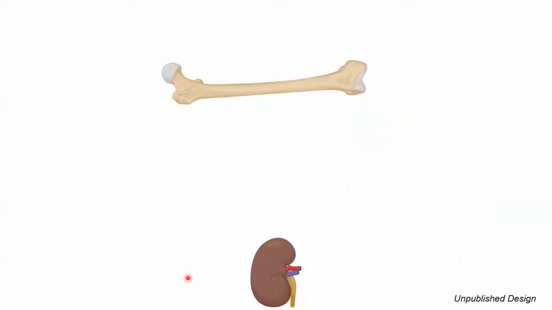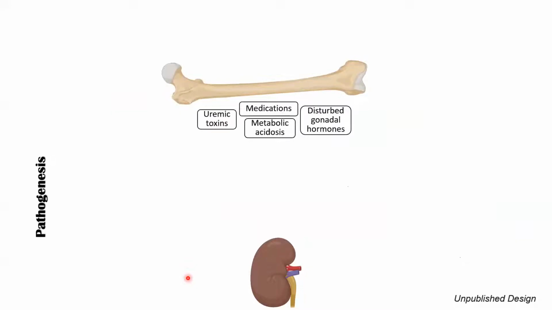The pathogenesis of osteoporosis in CKD patients is complex because CKD patients have many risk factors for osteoporosis, beginning with disturbed gonadal hormones. They have a milieu of uremic toxins and metabolic acidosis. Many medications can predispose to osteoporosis, and we use them frequently in CKD patients, like PPIs, warfarin, diuretics, and immunosuppressives